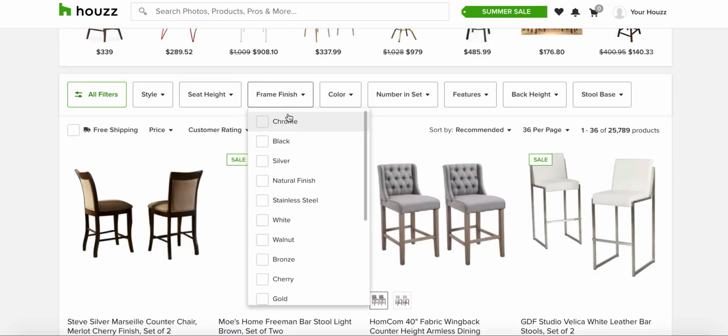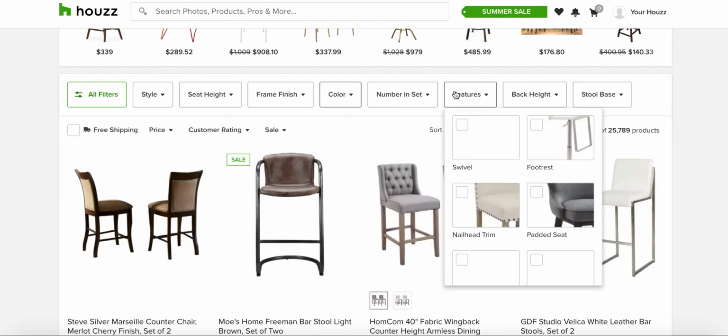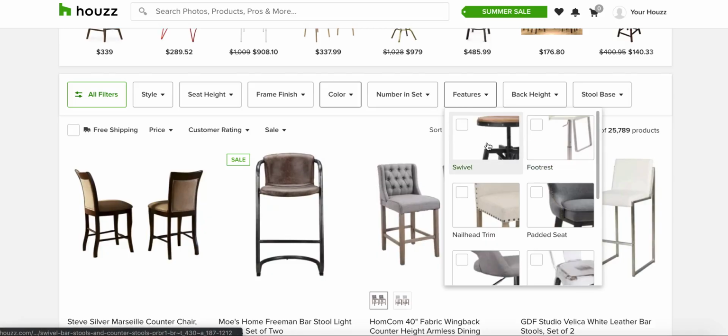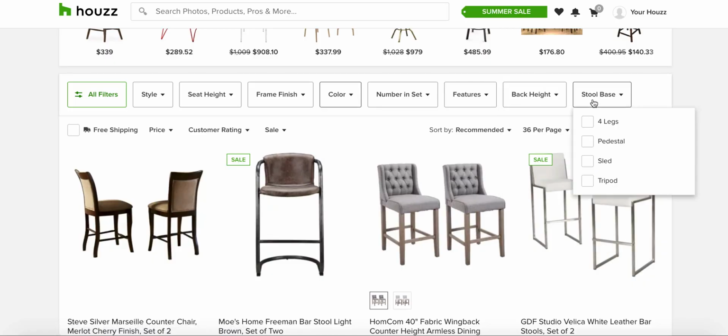There's frame finishes, there's chrome, black, silver, color. There's sets of 2, sets of 3, sets of 4. And there's features, bar stools that come with swivels, bar stools that come with footrests, nailhead trim bar stools, padded seat bar stools. And there's back height, high back bar stools, backless bar stools, low back bar stools. And stool base, there's 4 legs, pedestal, sled, and tripod.